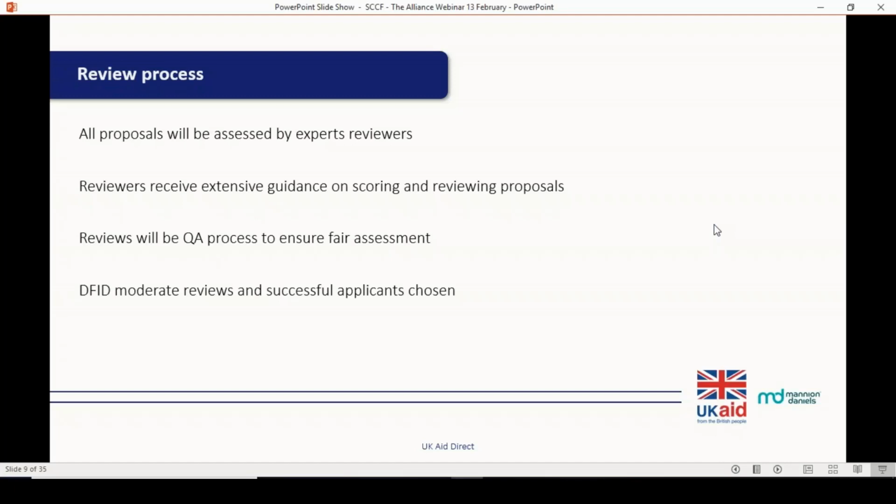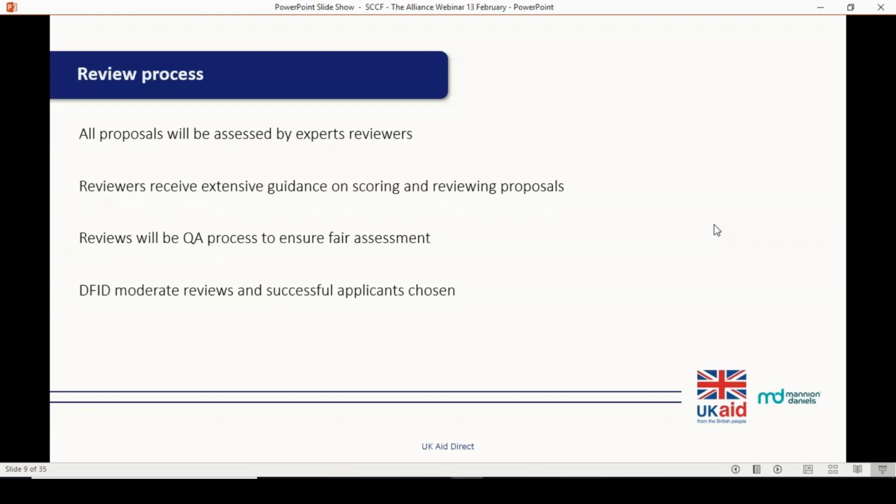So we really do match up applications to reviewers who will know about that project and whether it's feasible, etc. All reviewers have significant experience working with DFID, supporting projects and assessing proposals, and we give them extensive training, guidance on how to conduct the reviews before they do it, and also the scoring criteria, so that we can ensure a consistent approach across all the applications. To ensure a fair assessment, we also quality assure the reviews that take place and the scoring. So for example, for every application now, we have a reviewer who just quality assures the review that's taken place, to ensure that the score given is fair.